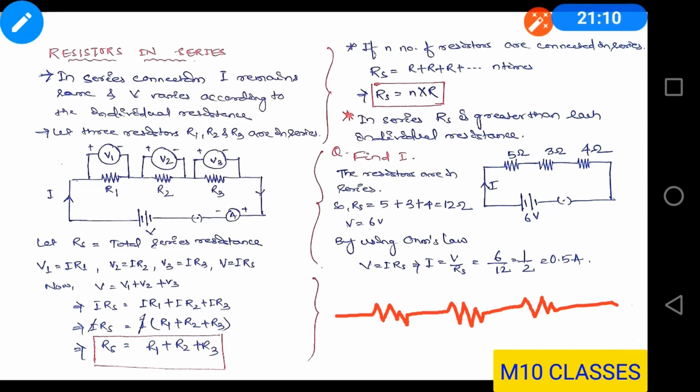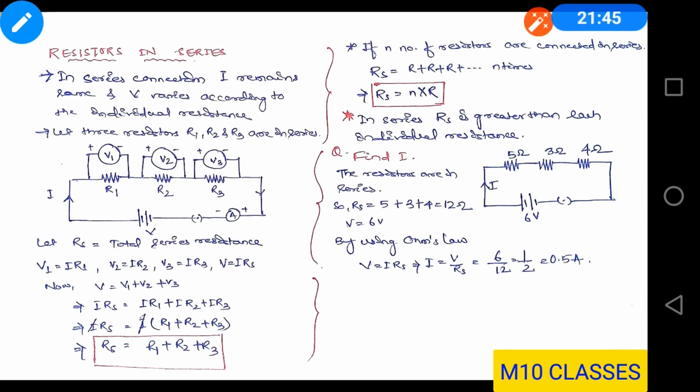Just to let you know how to identify a series connection and a parallel connection, let's say it has a fish. A fish has head and tail, mundo and lanja. Now if it is in the form of mundo lanja, mundo lanja, mundo lanja, then it is called in series. Suppose this is head, this is tail, head, tail. If the flow of current through this, the first one to encounter is your head. So if it is in the form of head, tail, head, tail, head, tail, then it is in series.